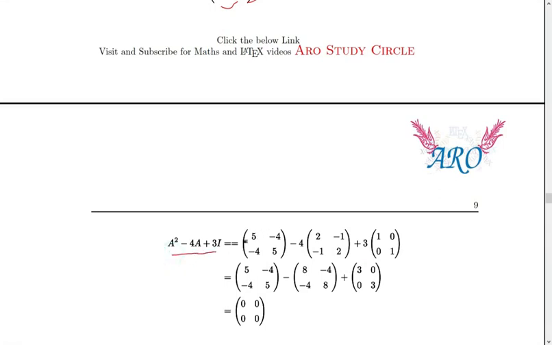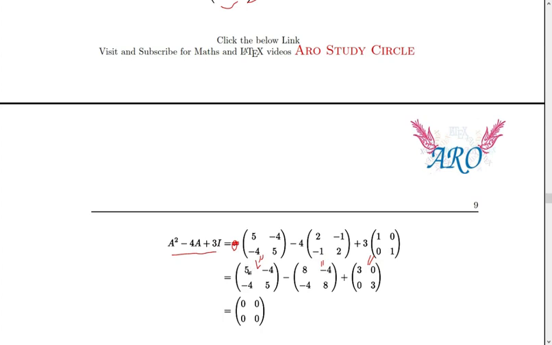A squared is equal to this matrix, and minus 4 times A plus 3 times I, where I is nothing but the identity matrix. So we are multiplying the constant with the matrix. First matrix would be same. Second matrix, we are going to multiply this matrix by 4. So multiplying this by 4 means 8 minus 4, 8 minus 4 minus 4 8. Okay, it's the second matrix. This one is the third matrix, the identity matrix with the constant term 3.